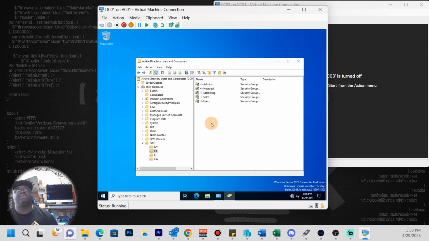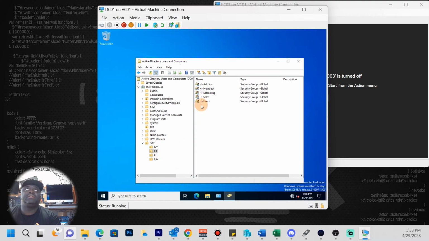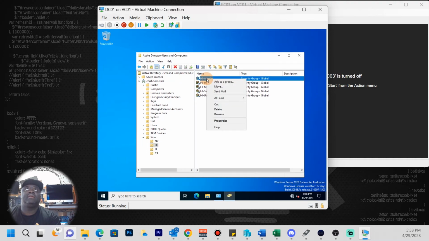We're only gonna focus on Hawaii. So we built out a new OU. We created a few OUs and we created some groups. Do note the groups that we have, security groups. These are global security groups. And then inside here, let's go ahead and create a user. Inside of each, we're going to create a user inside of each. So let's say